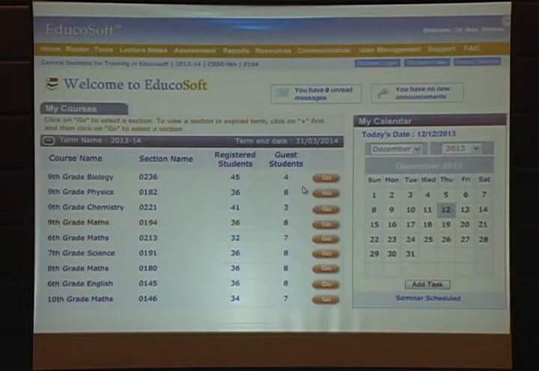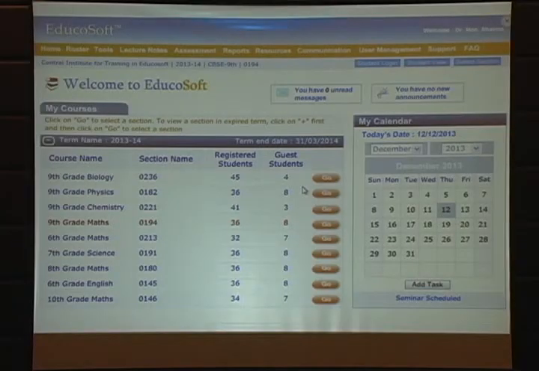After that, the teacher logs in, and they see this page. This is the teacher's login page. So, these are the classes that I teach. This is for me, for demo. If I teach 3 classes, math 9th, math 10th, math 11th, I will have Math 9 section A, Math 10 section B, Math 11 section A. And after that, how many students are in my class? And there's a click button.